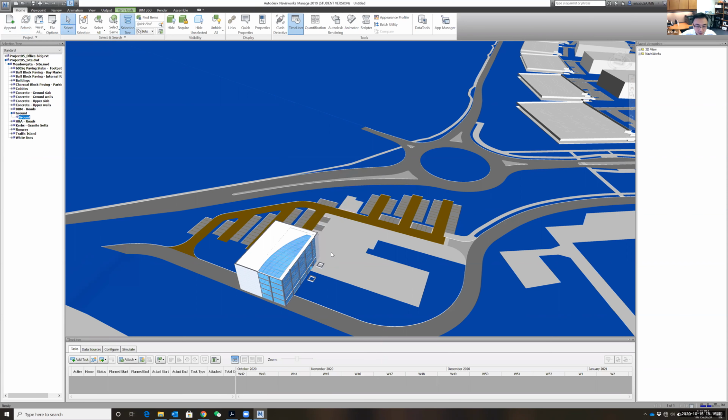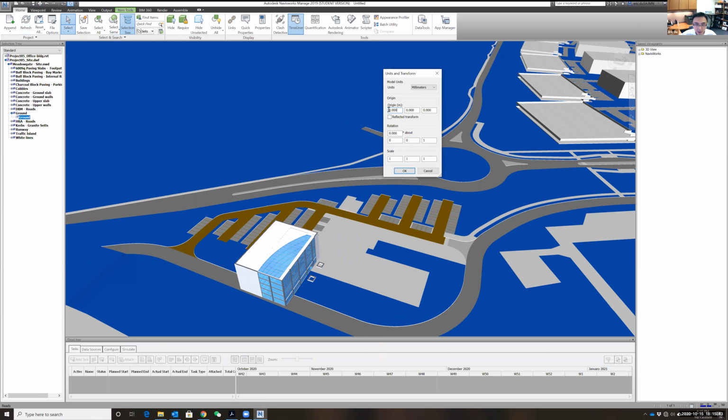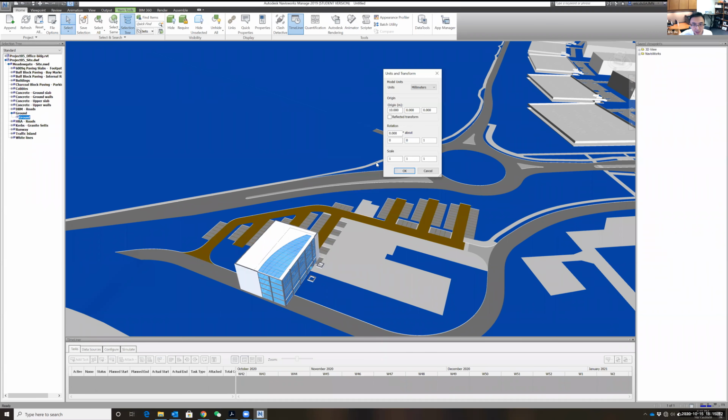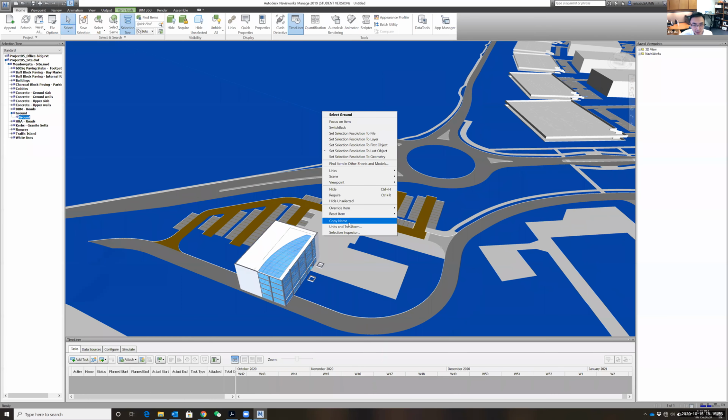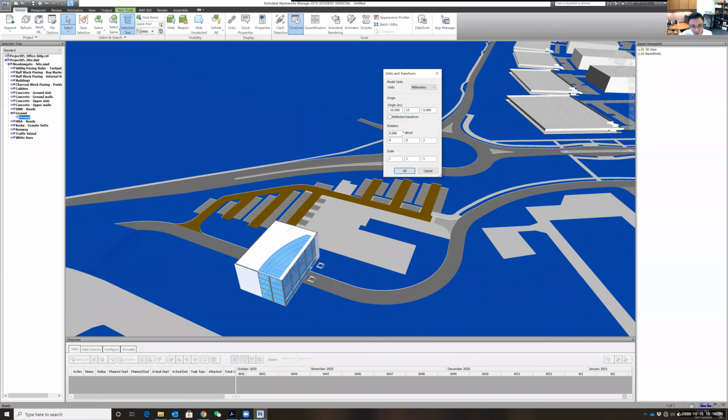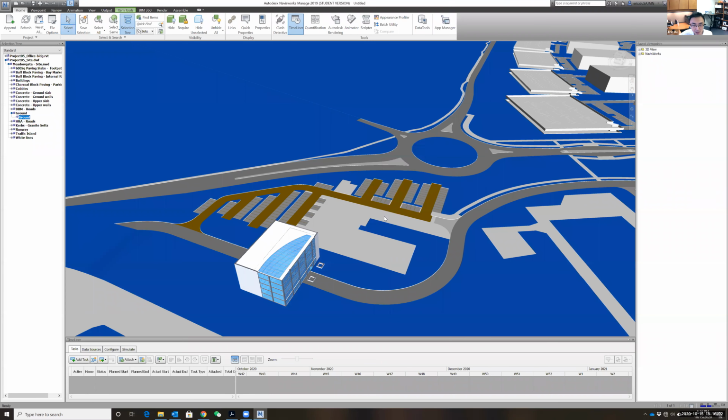Let me see, go to units and transform. I forgot how to transform. So here we are changing the origin point. Let me try 10. So 10 is moving the wrong way. So probably should be -10. So the building is moving this way a little bit. And then let me go try this one. Let me see, 15. No, that's the wrong direction. So it should be -15. All right, it's